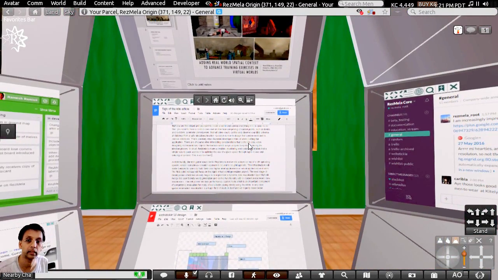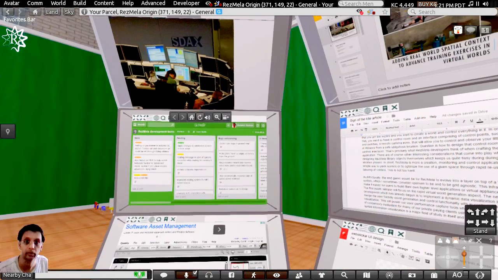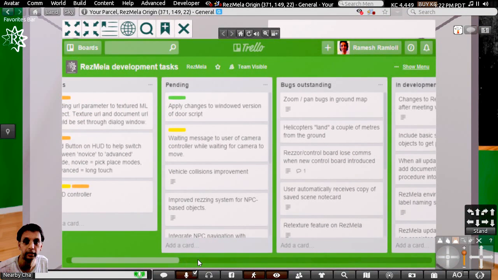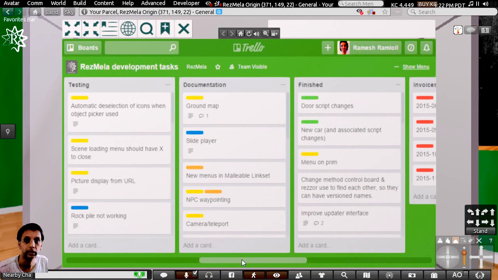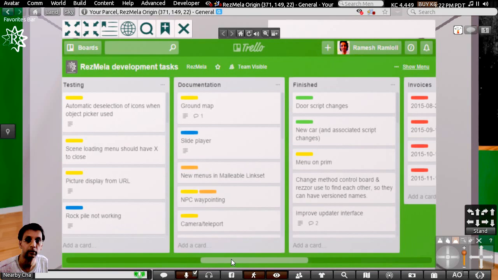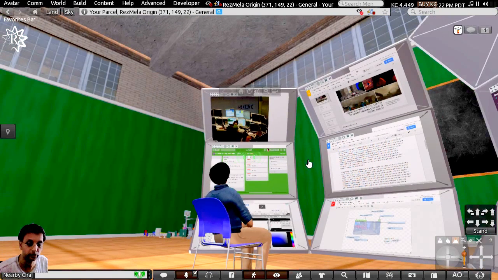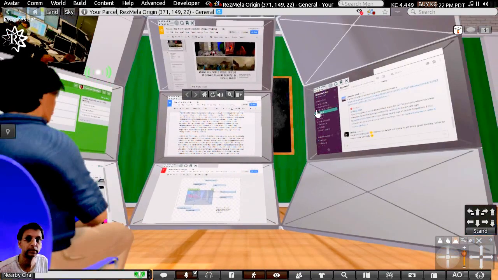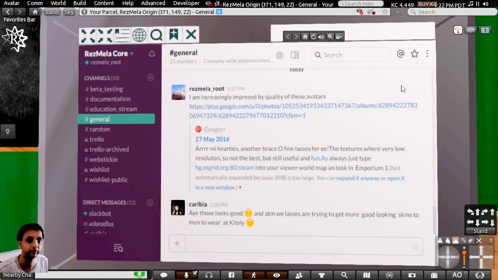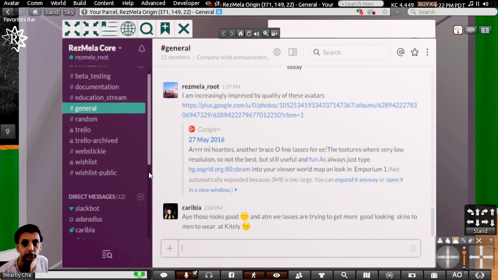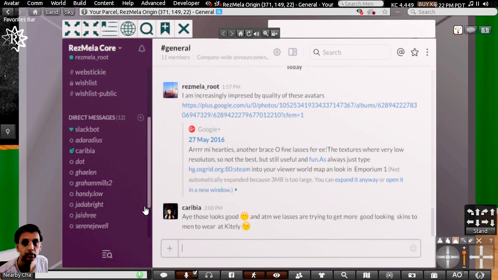The one thing I like is at a glance I can, for example, check out my Trello board and see what others are doing on my team, and what tasks are being worked on and what tasks are being completed. So you can see that all the various tools that you use already in your team setting are readily available. Okay, so we have Slack here, and I can actually check what conversation is going on.